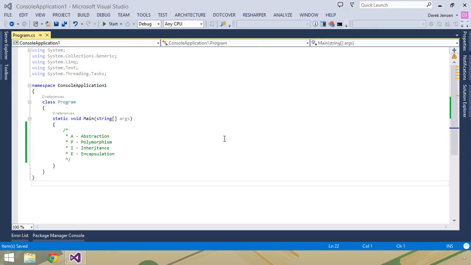So now let's start to actually dig a little bit deeper into the world of object-oriented programming and some of these different concepts here between abstraction, polymorphism, inheritance, and encapsulation. Since abstraction and encapsulation are oftentimes talked about together and oftentimes confused, let's take those two things together through